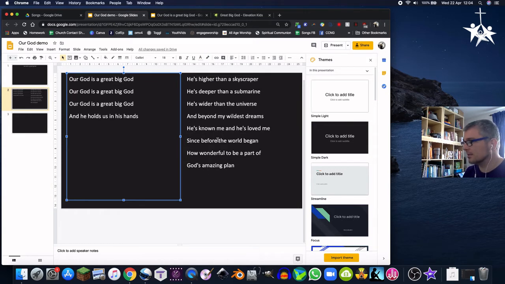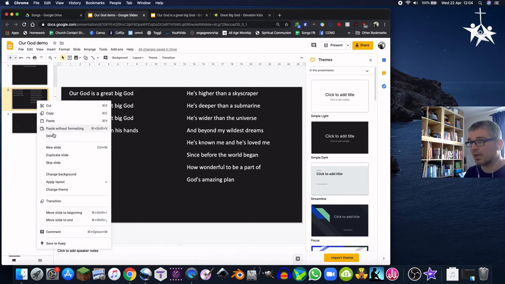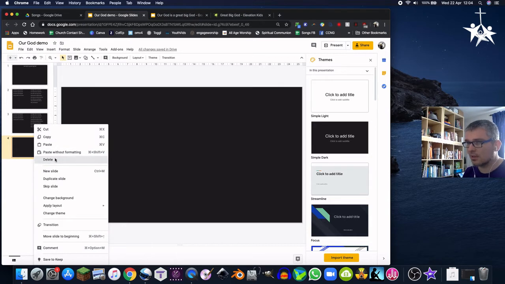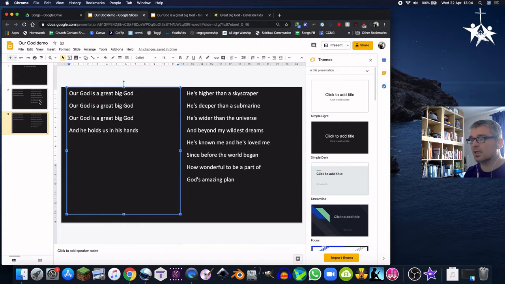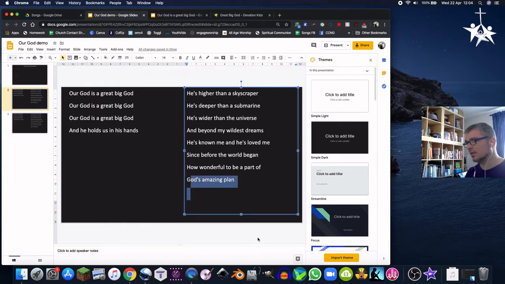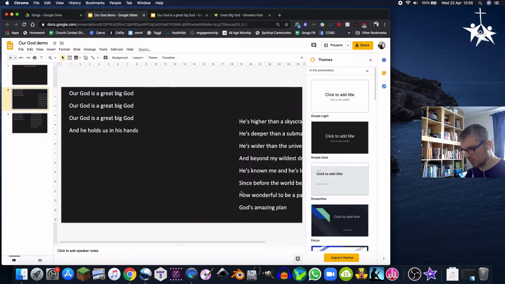So this is the format here. If it had other verses, what I tend to do is right click on here, duplicate slide, because I don't want that blank one anyway. Duplicate the slide, because then if I've left the end of the next few verses on here, I can duplicate the slide before I delete it. So I've duplicated it, focus is on this one, go back to this one, delete the, oh my goodness,